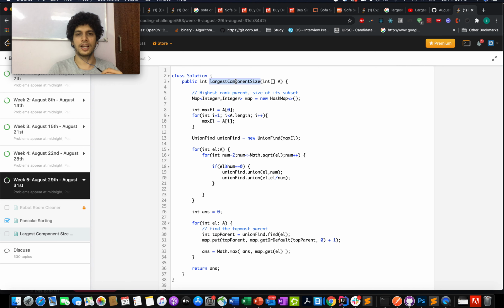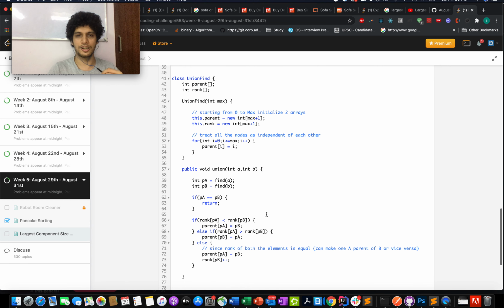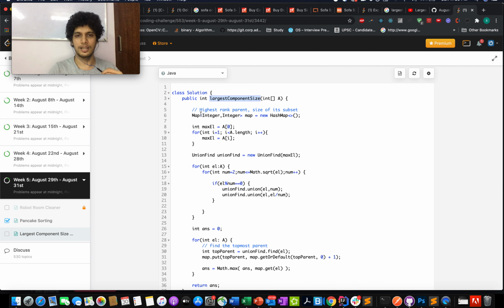If this logic is clear to you, now I'll tell you what I have done here. There is a map that I have created, which will store the highest rank parent, the super parent in one disjoint set, and the second element will store the size of all its children, how many nodes are connected to it that are present in this array.